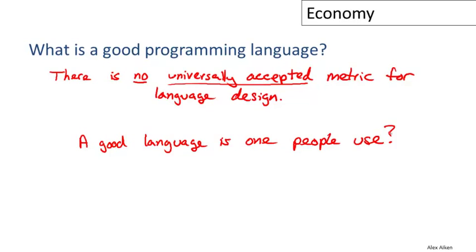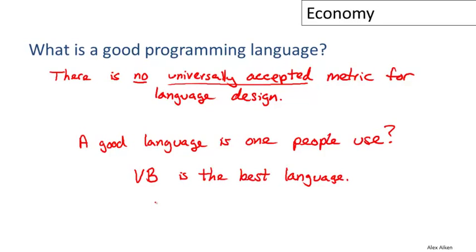On the positive side, the argument for this is that it's a very clear measure. It measures the popularity of the language, so how many people are actually using it, and presumably languages that are more widely used are for a good reason. In some sense, perhaps they are better languages. But this would imply, if you follow it to its logical conclusion, that Visual Basic is the best language, above all other programming languages.